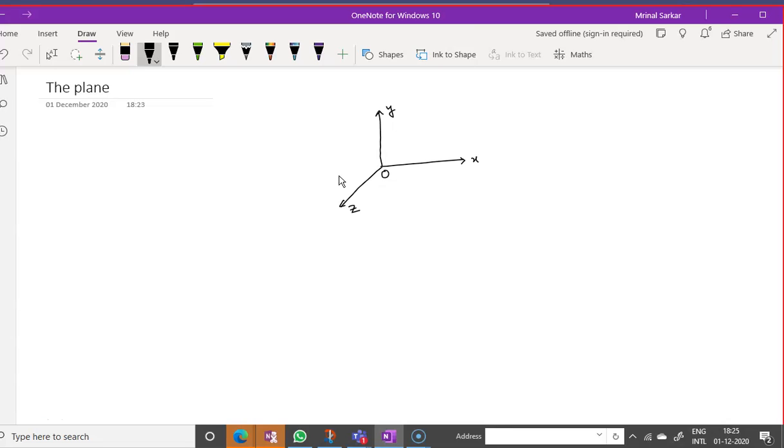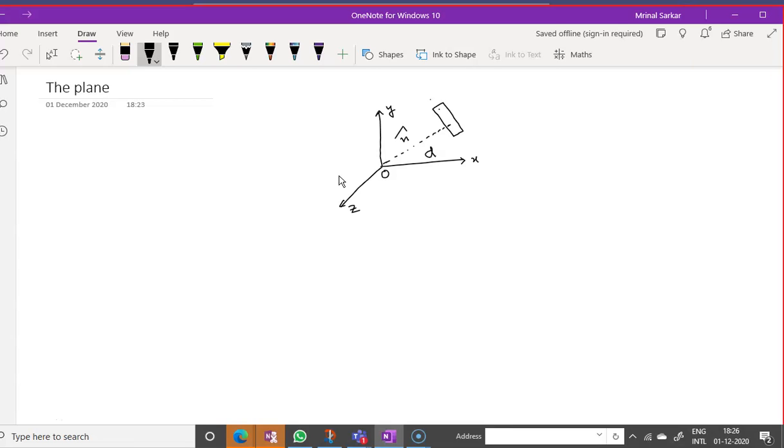A plane may lie anywhere. It may be like this. I am taking an arbitrary position of the plane here, whose perpendicular distance from the origin is equal to d, and the unit normal drawn to the plane is along n cap. To find the equation of such a plane,